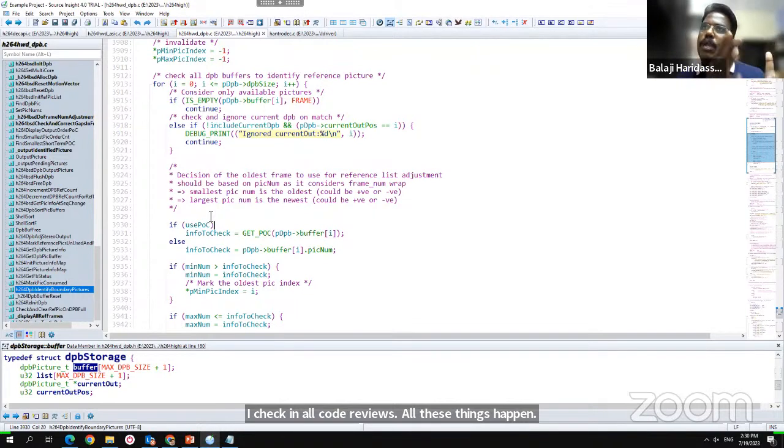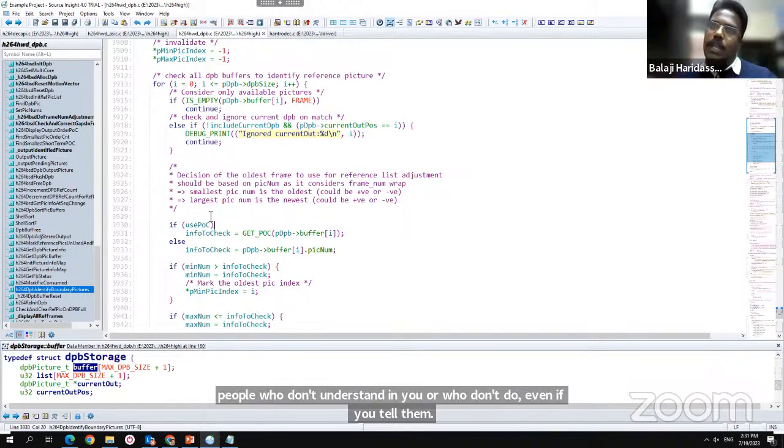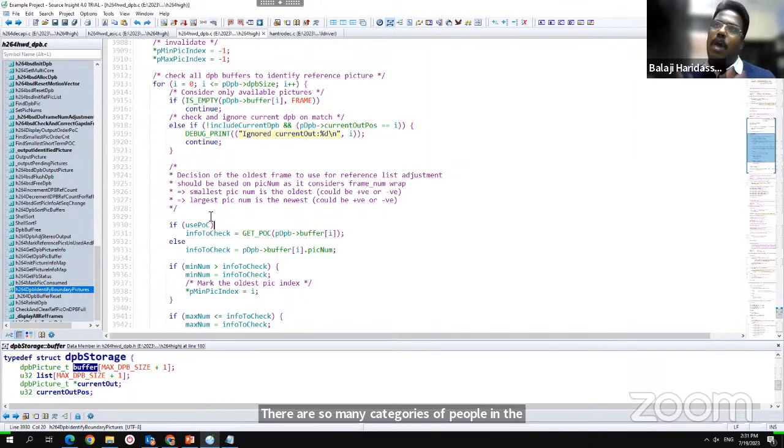So we have people who really understand. We have people who don't understand. We have people who understand if you tell them. And people who don't do it even if you tell them. There are so many categories of people in the project. So now how do we ensure that all these people come to a common base so that from a company point of view, I get good code quality? So you need to insist. That is why you bring in a coding guideline, you bring in a process, and you keep improving the process to make it better. This is what we do.